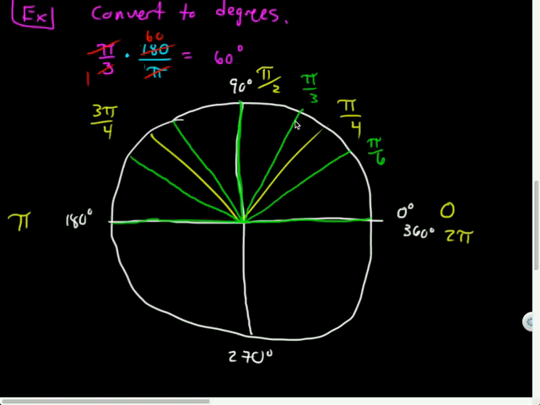Okay, so this would be 3 pi over 6, which reduces to pi over 2. This would be 4 pi over 6. What's that reduced to? 4 pi over 6 reduces to 2 pi over 3. And this would be 5 pi over 6, which does not reduce. Are you doing this 6 from the 6 slices? Yes. Yep. All right. And those are equivalent to 30 degrees, 45 degrees,